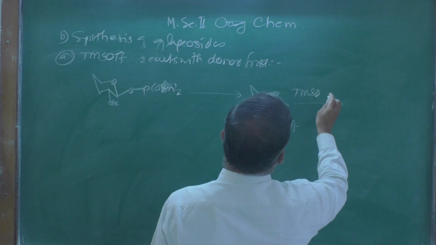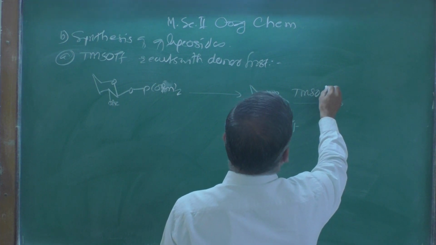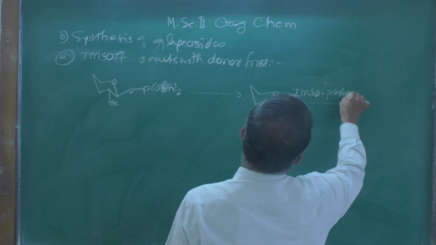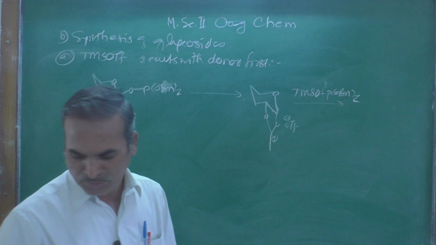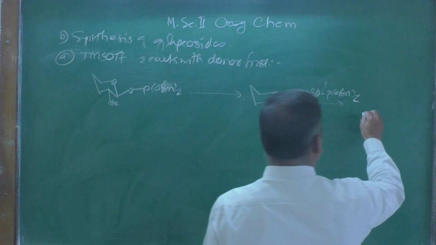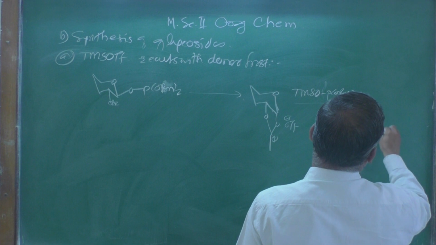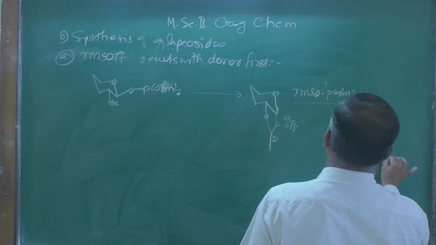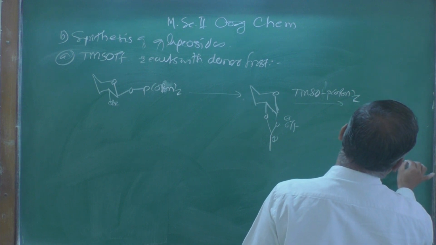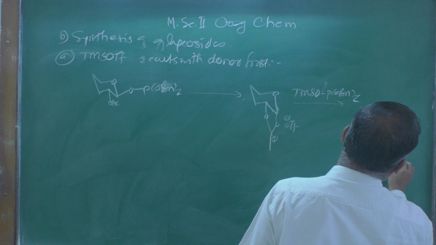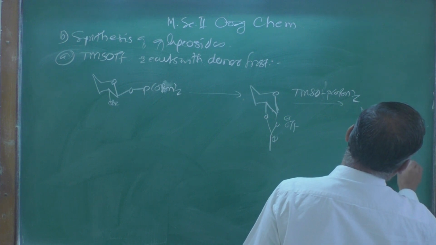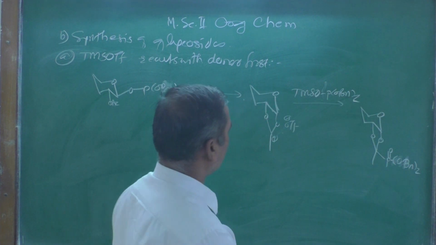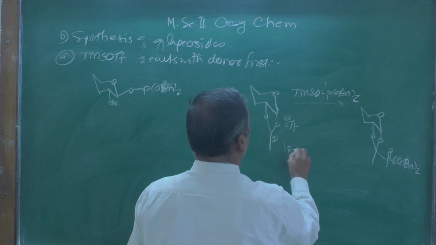trimethylsilyl phosphite, P(OBn) twice, it produces this type of the compound O, here P double bond O, and in the bracket we can write OBn twice. This is the structure, and when it is treated with ROH